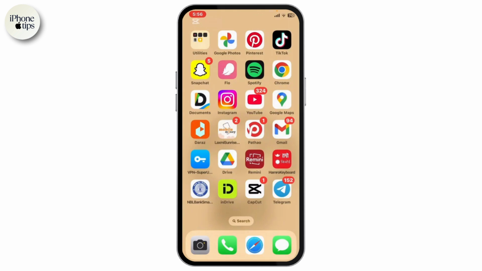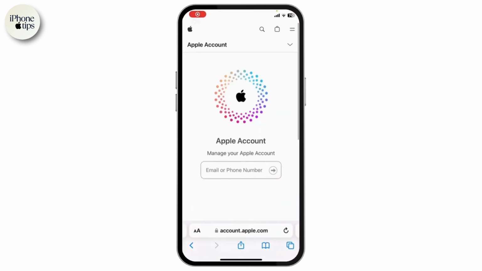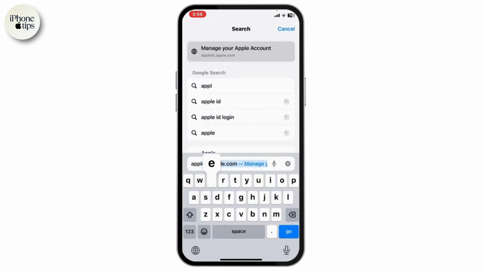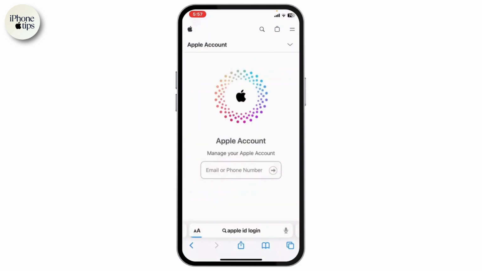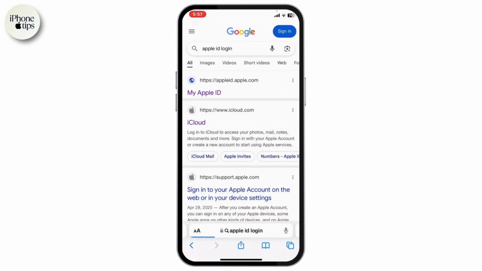First, you need to go ahead and open up any browser that you are currently using. It can be Safari, Chrome, or any other browser that you prefer. Now, in the search bar, you need to type Apple ID login. Then press on go. From here, tap on the first link that appears that says